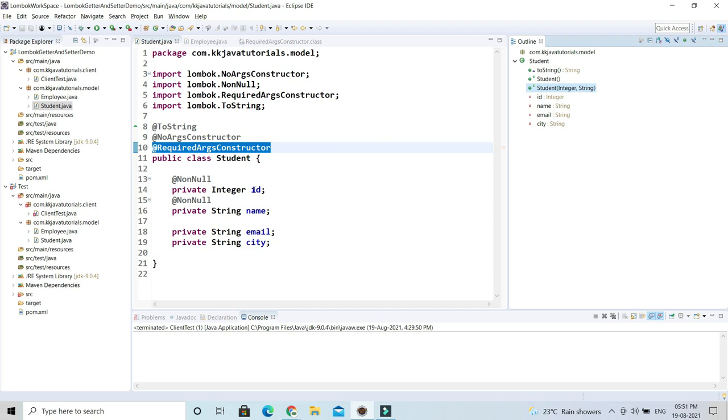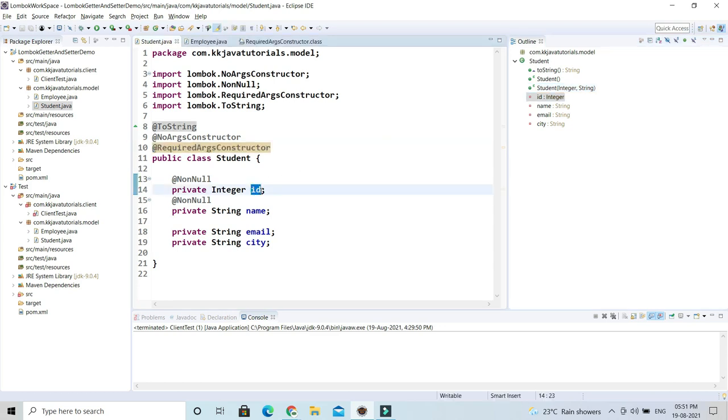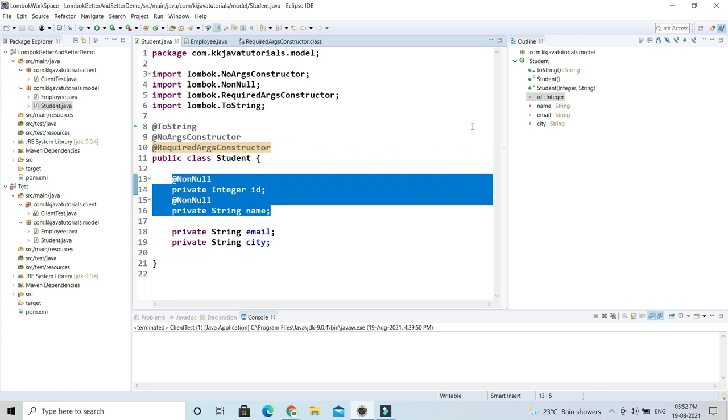That means the first argument is the integer, the id, and the second argument is the name. See how clever Lombok is, right? So to make use of this @RequiredArgsConstructor annotation, you understood, right? If some fields are mandatory, then Lombok will take those fields and create a constructor.